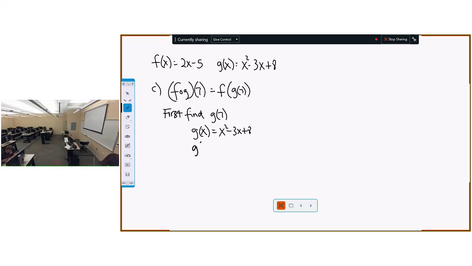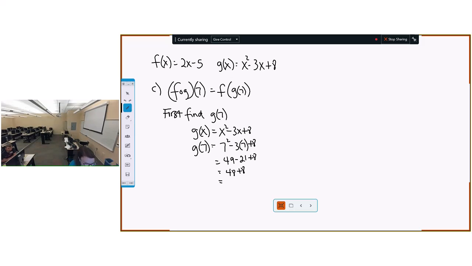So therefore g of 7, we just put a 7 in. Every time we see the x, that becomes 7 squared minus 3 times 7 plus 8 gives us 49 minus 21 plus 8 gives us 48 plus 8 gives us,